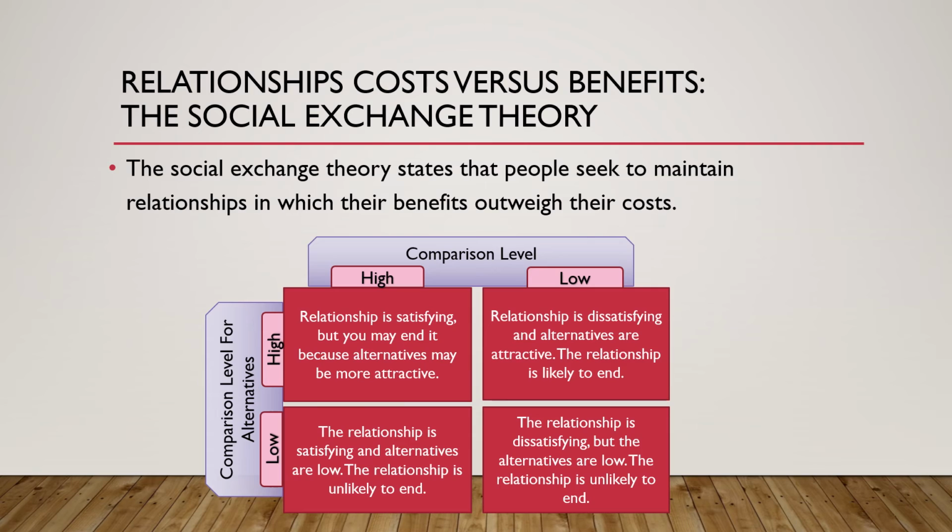And so right there we get that bottom left-hand corner, right? Our comparison level is high, we're really satisfied, and our perception of the alternatives is low. There are no other satisfactory alternatives, and so we're going to stay in the relationship. We're going to do the work. The bottom right-hand corner